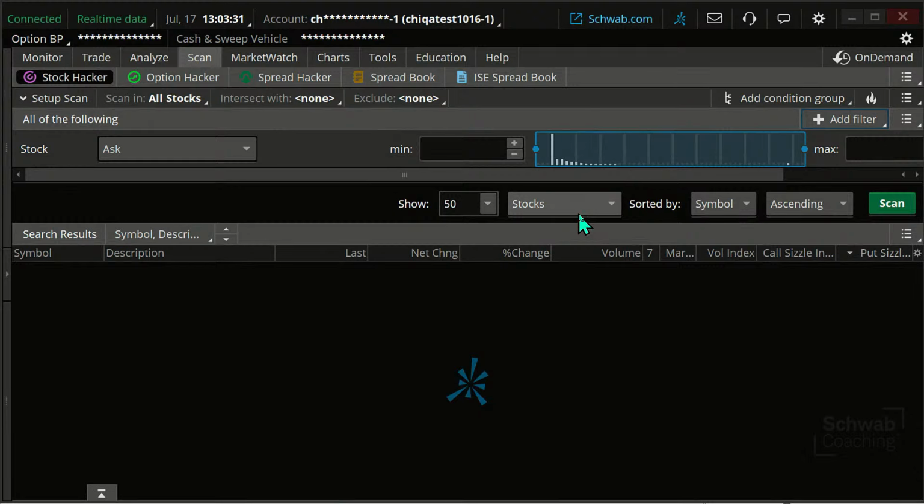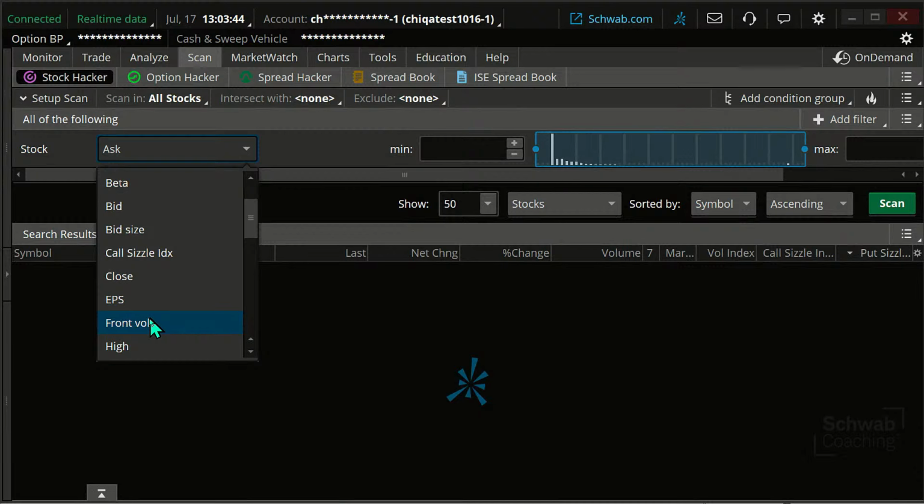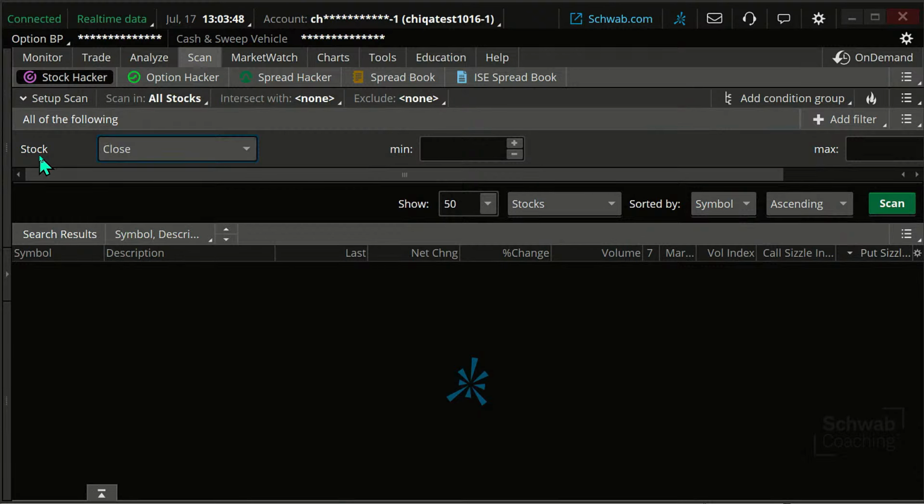Let's just start with this. This is going to be the first little bit, and it isn't going to have anything to do with ThinkScripting. If I'm doing a scan, I can click on scan, add a filter, and I could say, hey, I want the closing price of the stock to be something. So I click on stock, close, and I could say I want that stock to be at least $10 per share. That's how you can add a filter, and you can add other filters on here as well.